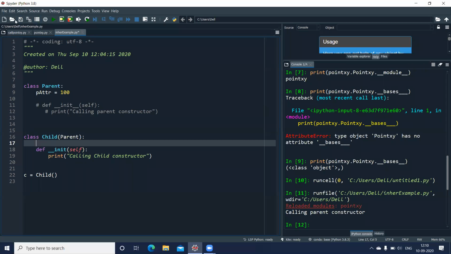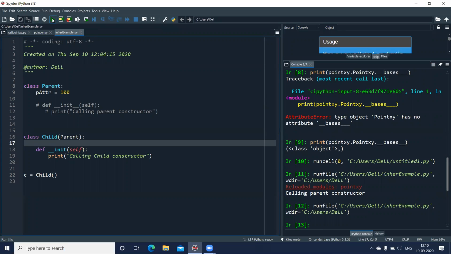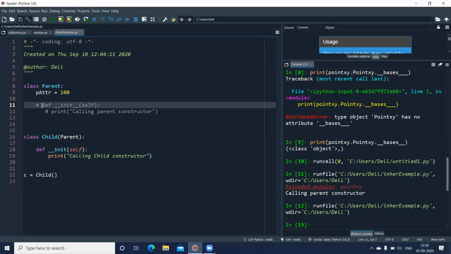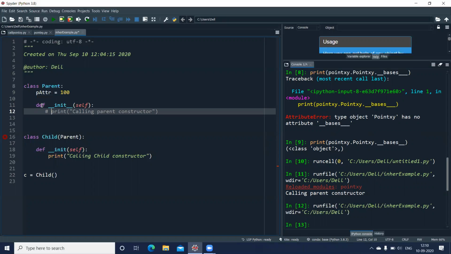I'll save this file, run it. You can see there's no output. That means even though the class is getting created, the inbuilt constructor is getting executed, the default one. If I write the constructor, that means I'm overriding the constructor which is the inbuilt one. So if I override the constructor, then the one which I'm writing now will get executed.